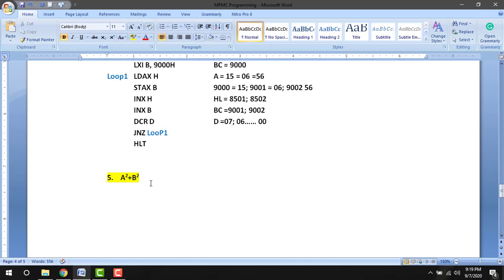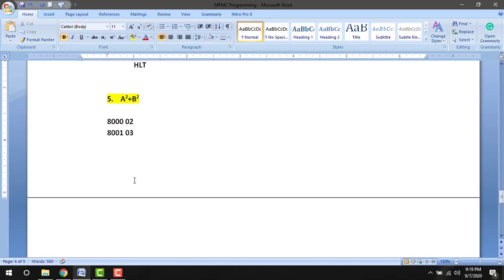For example, A is available in 8000, maybe A is 02. Then B is available in 8001, it is 03. Suppose the answer is 2 square, which is 4, but the number should be a 16-bit number, because we can give higher numbers also.